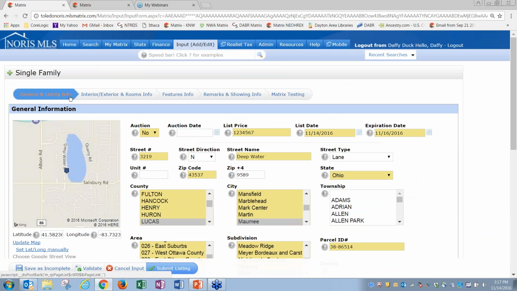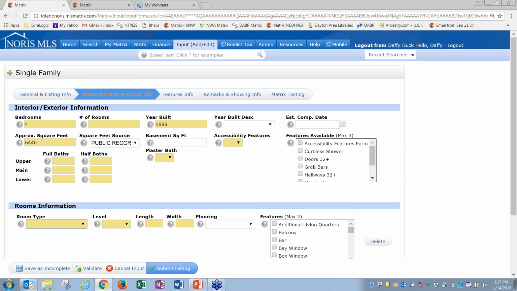Next, you'll see here is interior features, interior and exterior features. It pulls over as much as we can from the listing tax input auto-populate here. So we've got bedrooms here, and then we've got rooms here. We'll just do 9. We'll type in your build description there. Okay. And then we'll do